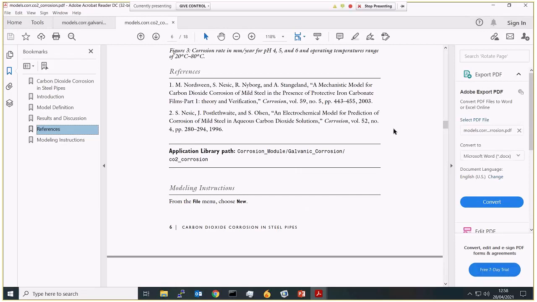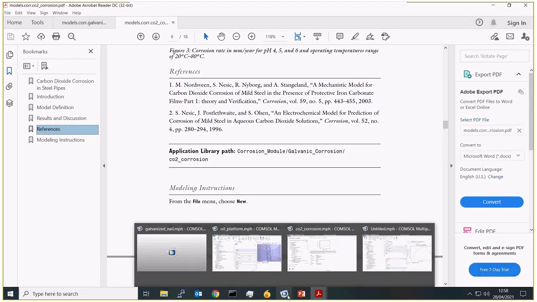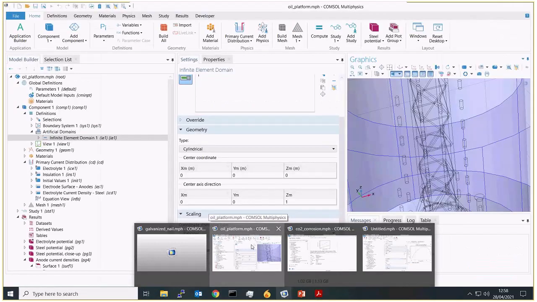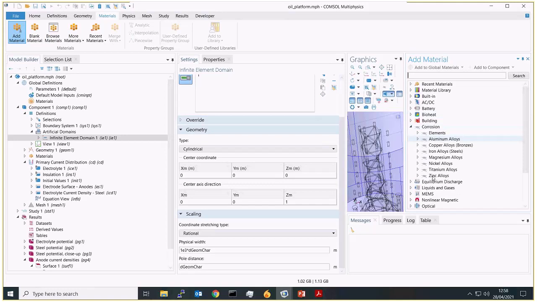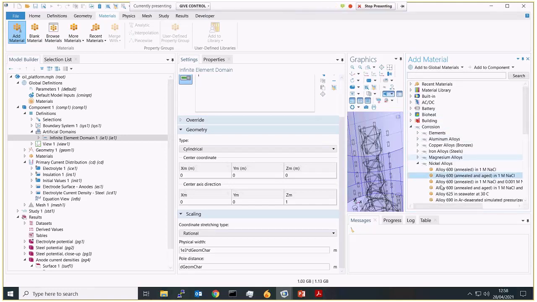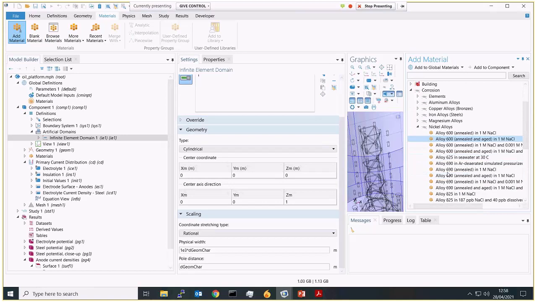Yep. Okay, and are these purely mechanistic models, or do you have any real field data used for enhancing the model? So, if we're using the materials from the corrosion library, these are taken from scientific papers, all of the data from here.